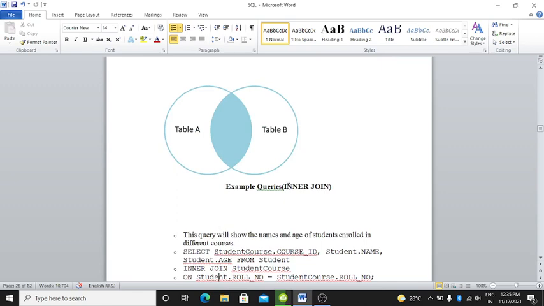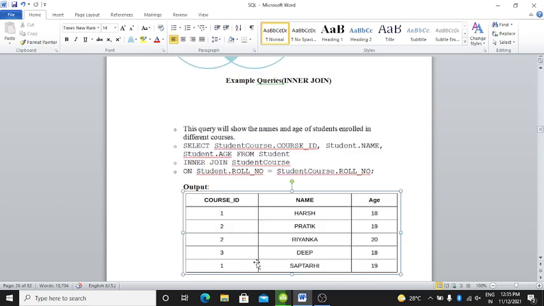Here is an example query for inner join. This query will show the name and age of students enrolled in different courses. SELECT StudentCourse.CourseID, Student.Name, Student.Age FROM Student INNER JOIN StudentCourse ON Student.RollNo = StudentCourse.RollNo.